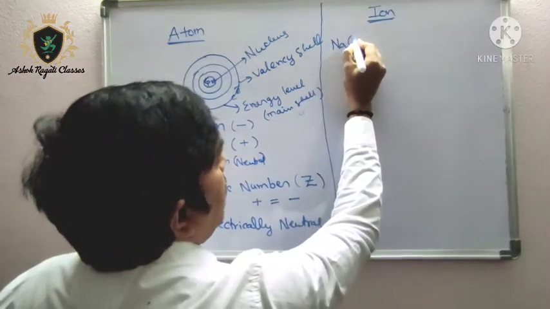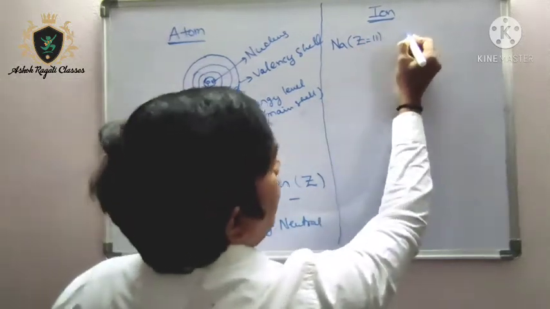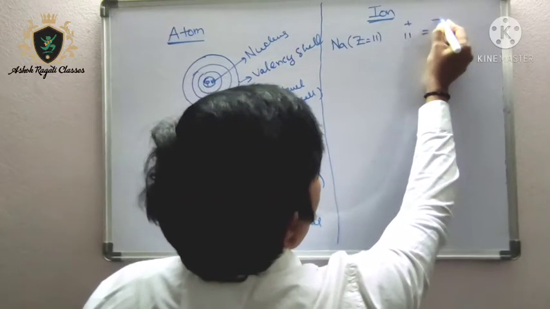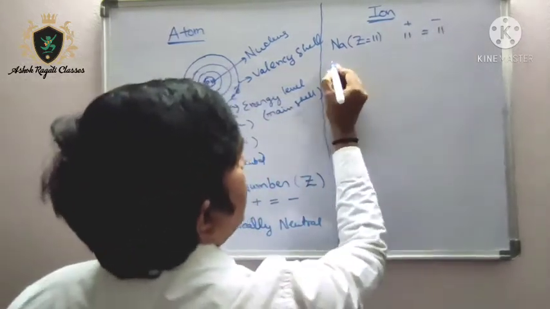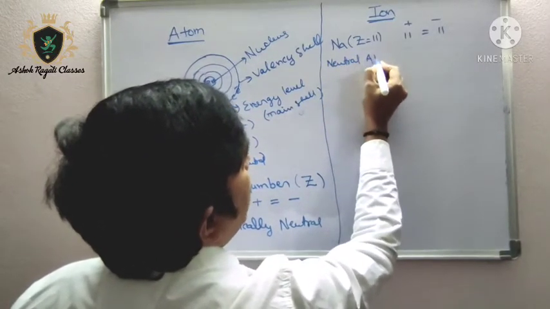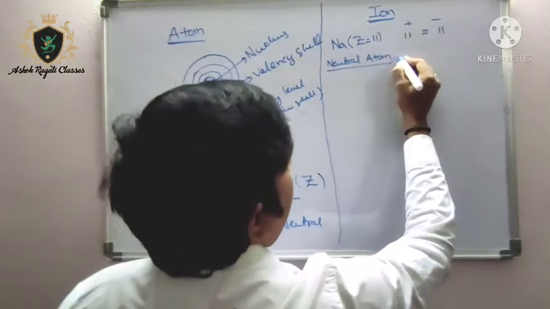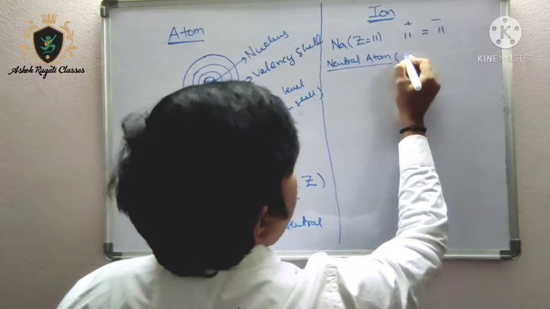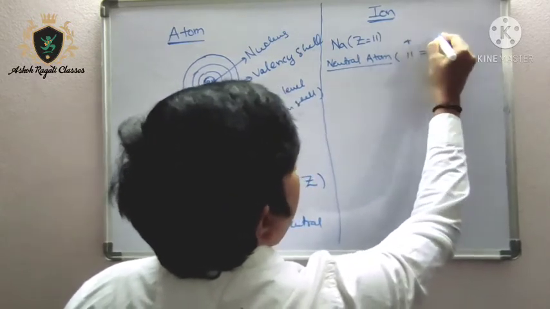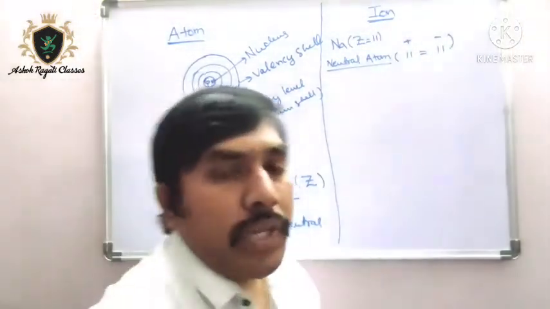Z is equal to 11. Means here 11 positive charges are there and 11 negative charges are also there. Okay, this is a neutral atom, means an equal number of positives and an equal number of negatives. So 11 is equal to 11 electrons. Okay. So to get stability,